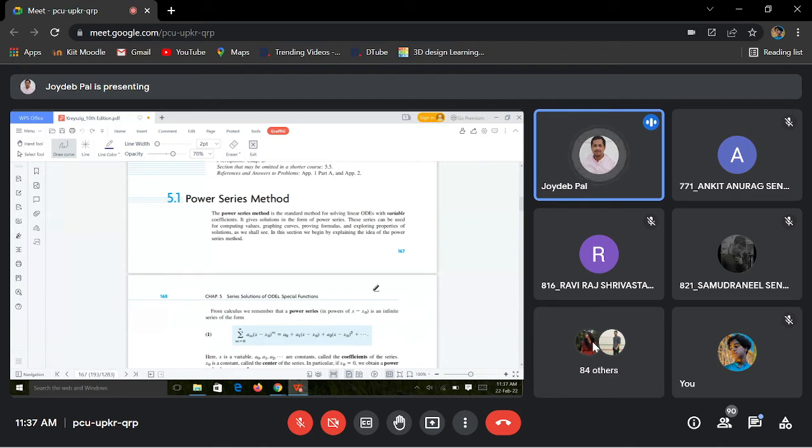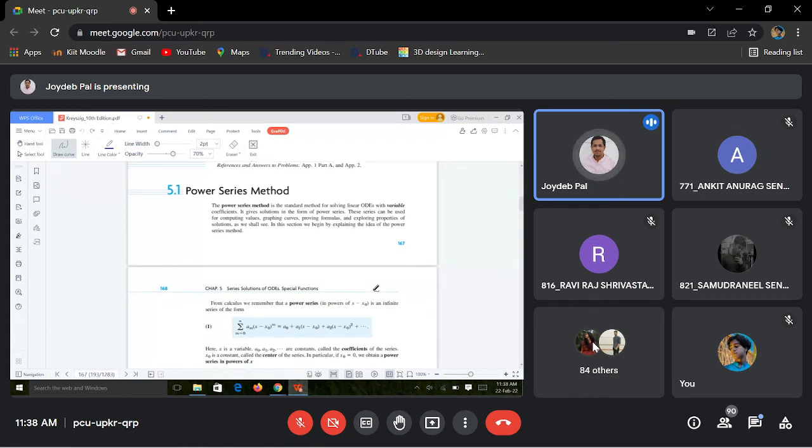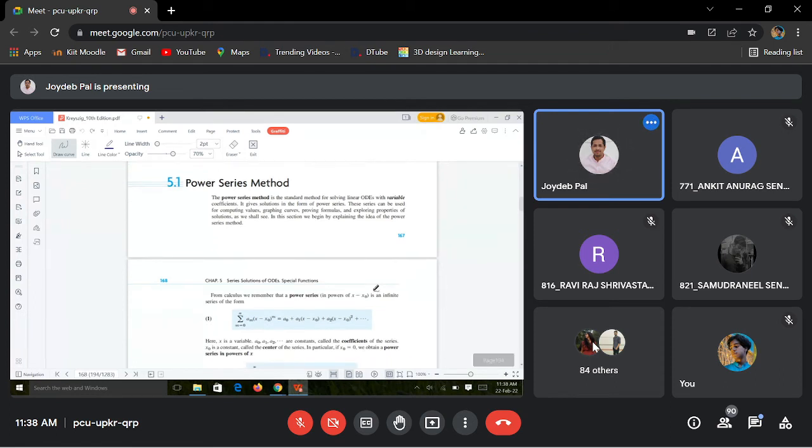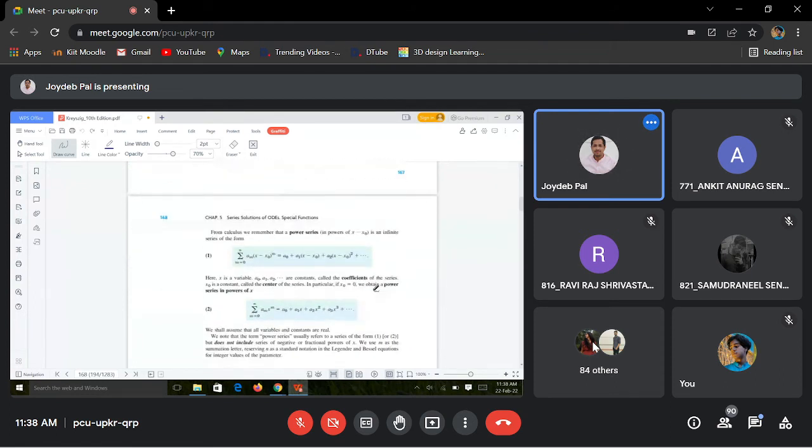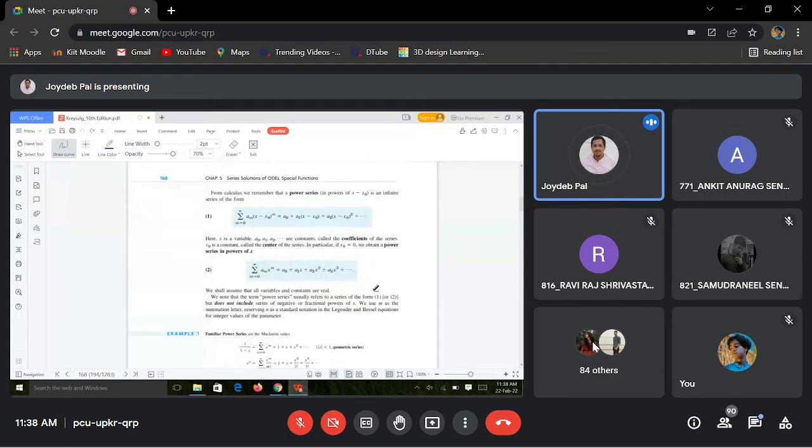Because तुम लोग जो पढ़े हो वहाँ पे सब constant coefficient ही था. So if a variable coefficient problem is given and it is mentioned that you apply the power series method, it will be appropriate. But don't think that constant coefficient के लिए applicable नहीं है. Of course constant coefficient के लिए भी applicable है. तो इसमें क्या करते हैं देखो.